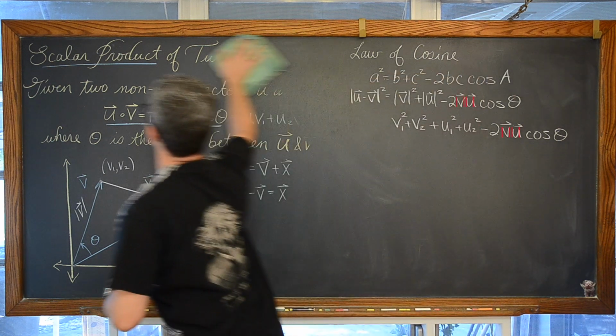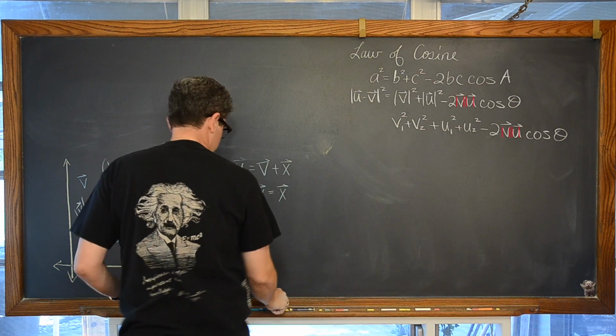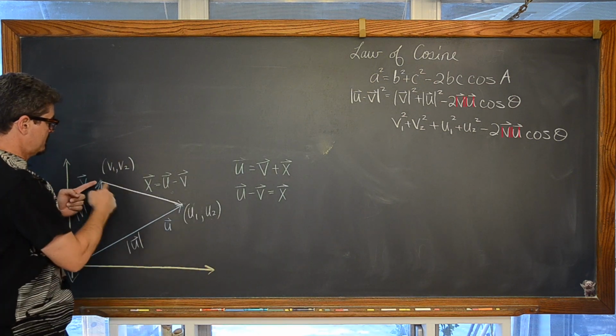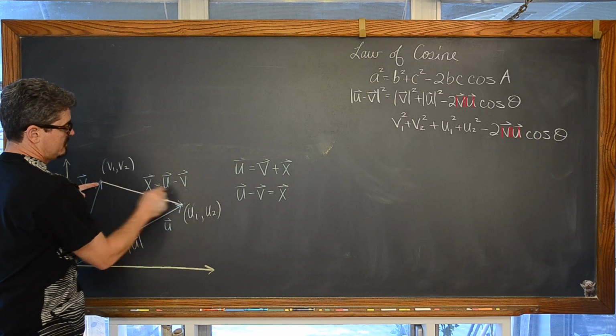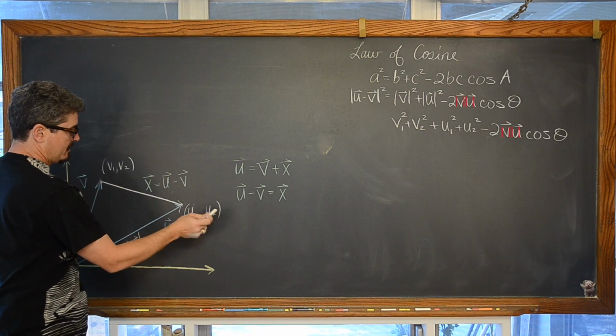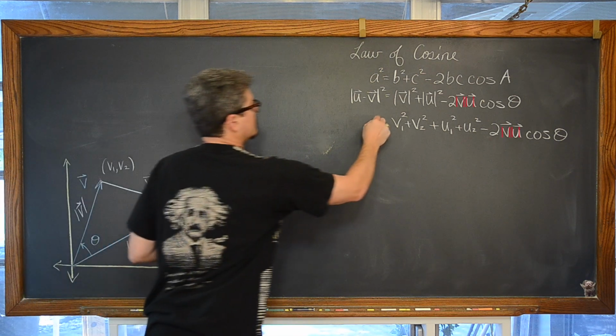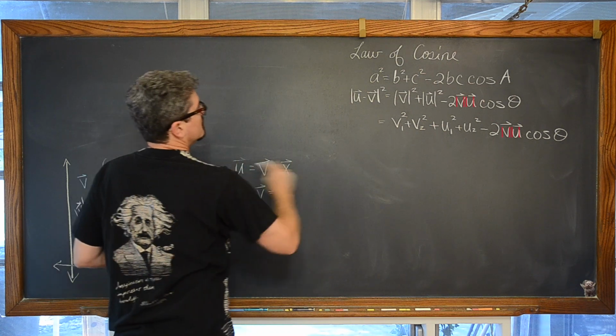So I'm definitely going to run out of room. And magnitude is length. For this vector here, vector u minus vector v, I have a terminal and an initial point. So I'm just going to write out that formula. And we have,